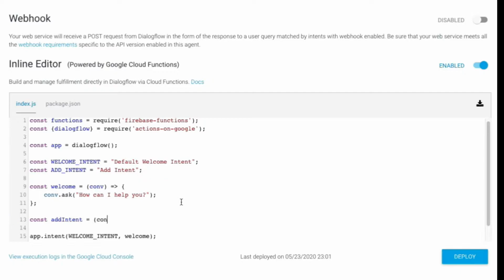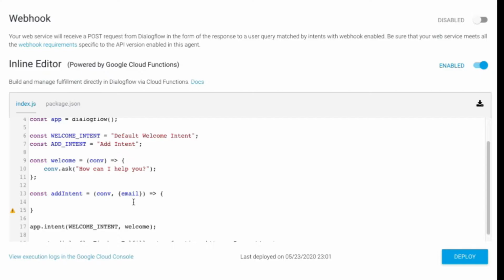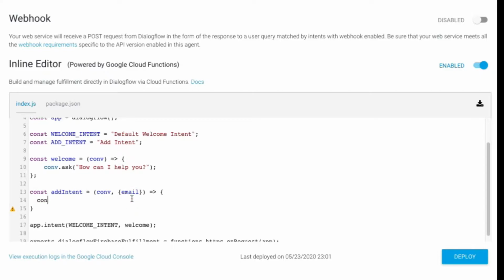It has the argument conversation, and we will extract the email also from the user input. So here I'll just give the response as your email